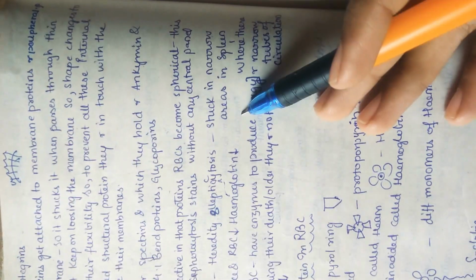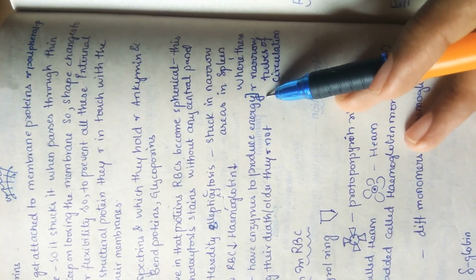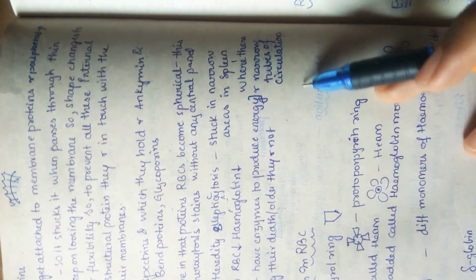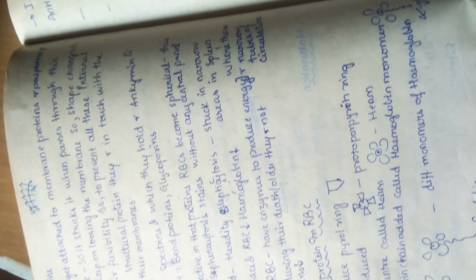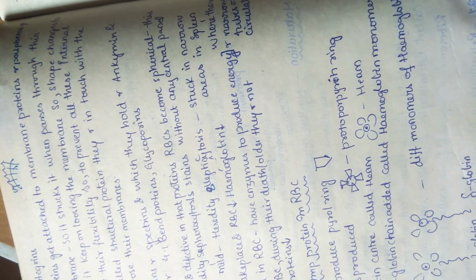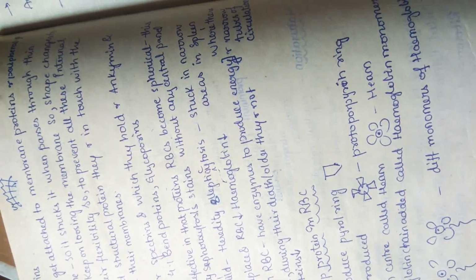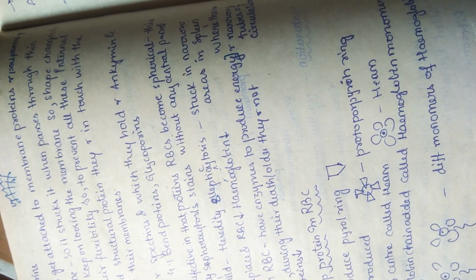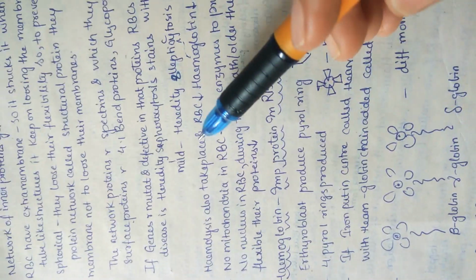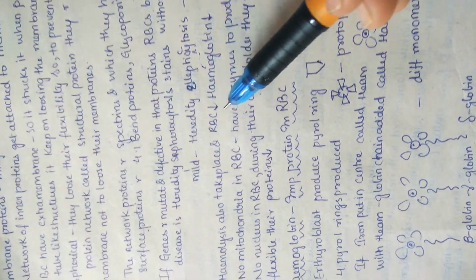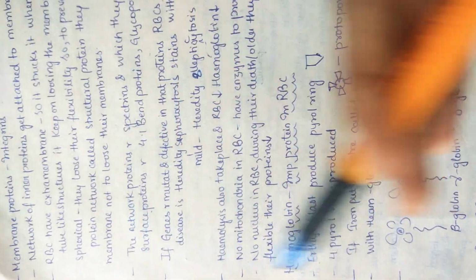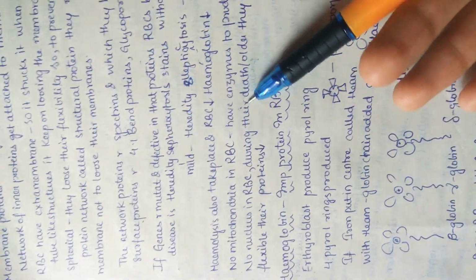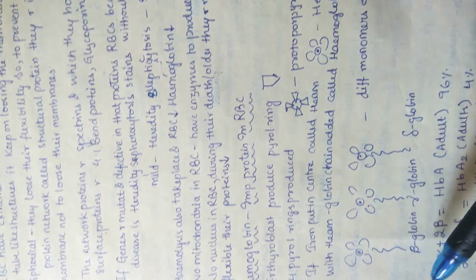And these cells also get stuck in narrow areas in the spleen, where there are narrow tubes of circulation. In the spleen, in the red pulp, mainly these erythrocytes are squeezed out, so because of these abnormal shapes they are stuck there, and they are eaten up by macrophages. So hemolysis also takes place, and RBC is decreased. Hemolysis means breakdown of RBC; if there is breakdown of RBC, the number of RBC decreases, and hemoglobin decreases.